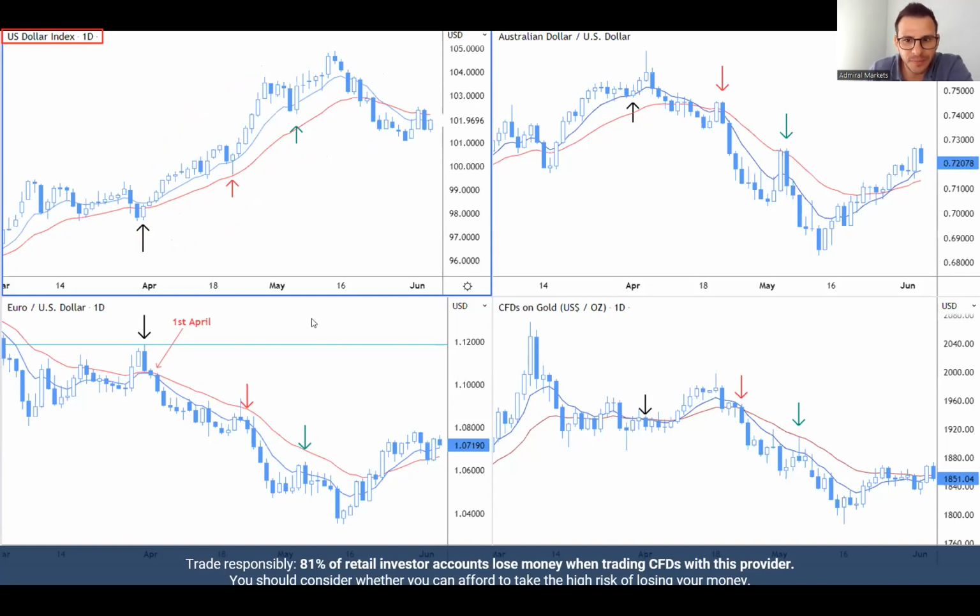I marked here with a black arrow this bullish candle which formed around this support zone and on the 50 moving average on the daily chart of the US dollar index. The exact same day, the Euro US dollar, by the end of the session, printed a very nice strong bearish engulfing from this resistance area. Can you see it? The exact same day,